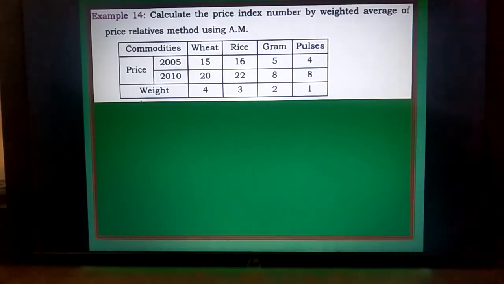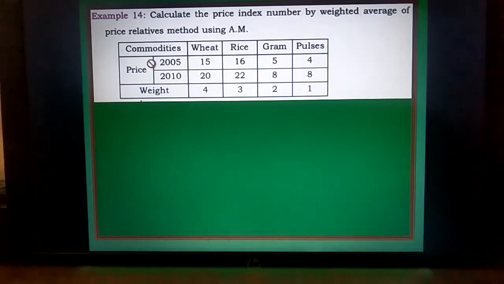Earlier the formula was summation of P divided by N in case of unweighted or simple. Now it is weighted, that's why sum of WP divided by sum of W. That way, the formula will be going on. You have already got such information in my previous videos. We have already discussed all the formulas and their significance, and how they will be used.